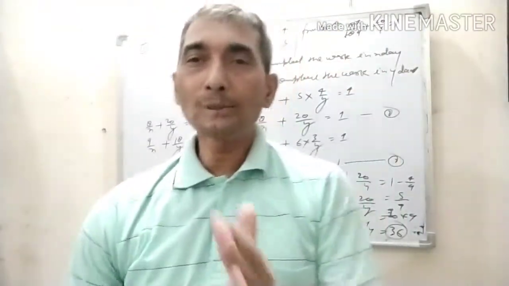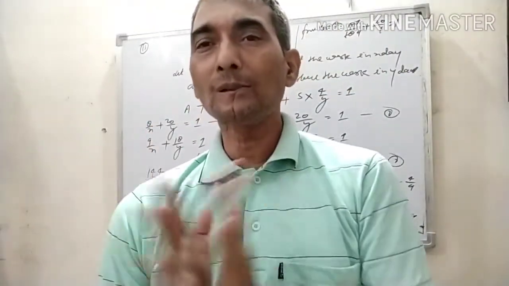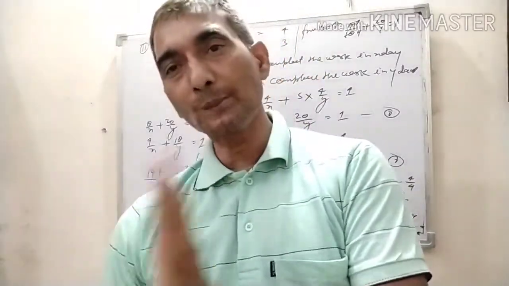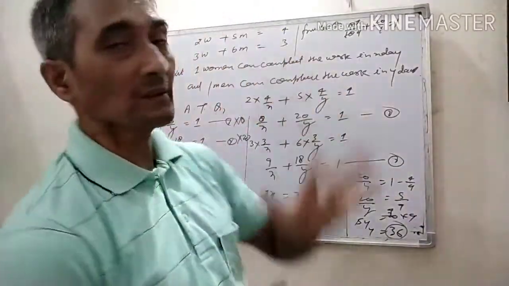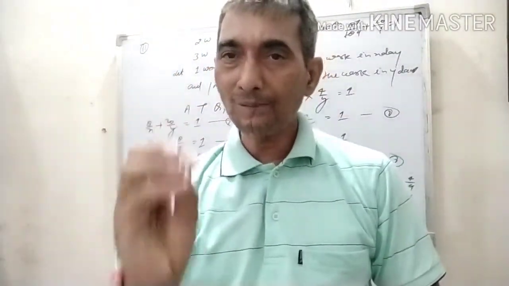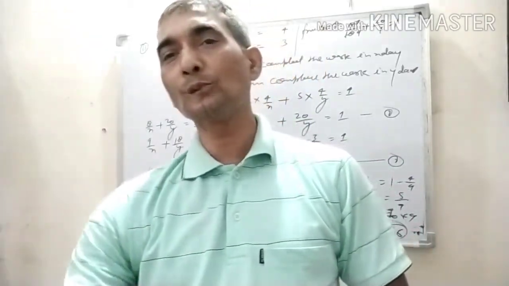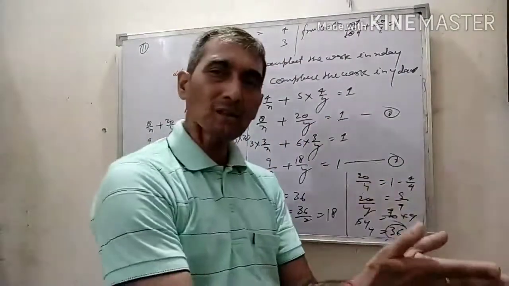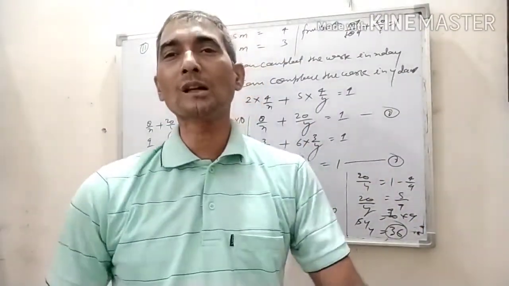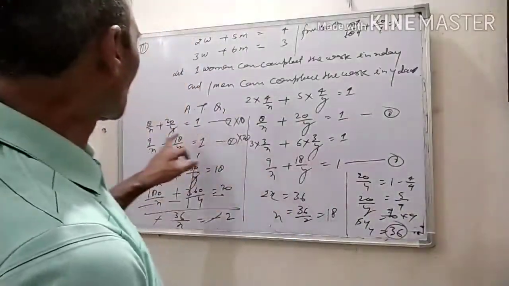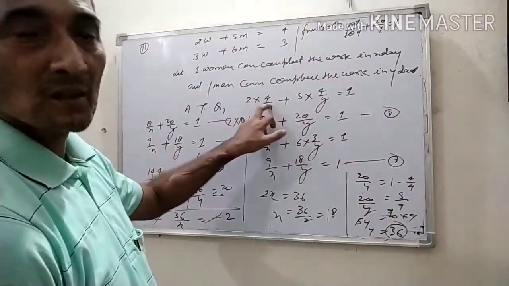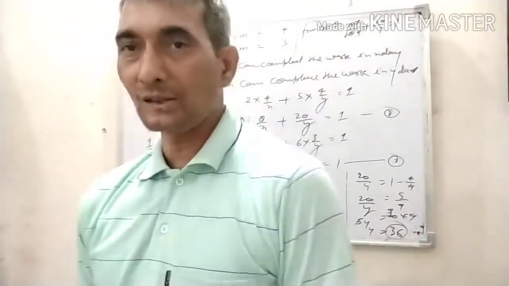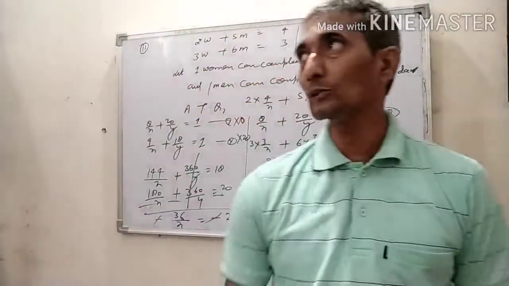Similarly, work done by one man in 1 day is 1 upon Y. Work done by one man in 4 days, 4 upon Y. Number of men 5, therefore work done by 5 men in 4 days, 5 into 4, 20 upon Y. And ATQ1, total work done by men and work done by women both are equal to 1. That is complete. This is the work. And similarly ATQ2. When you generate the equation, then solve it by any method and find your result.